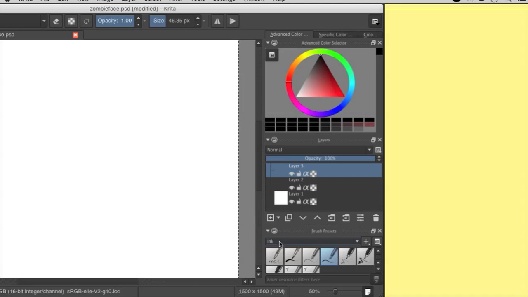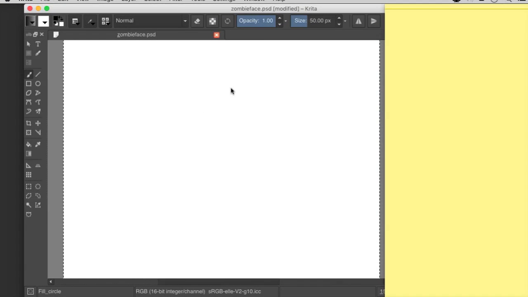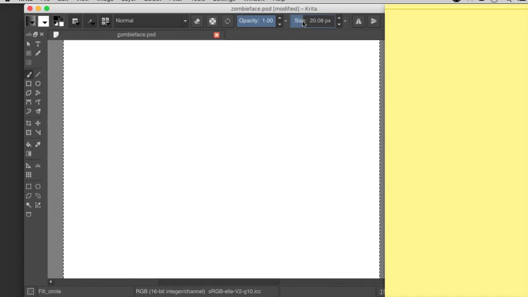So let's just go back to what I know works, and that's this brush here. Pretty sure. So let's see how this goes. Yeah, that's pretty good. Want to reduce the size a little. So anyway,